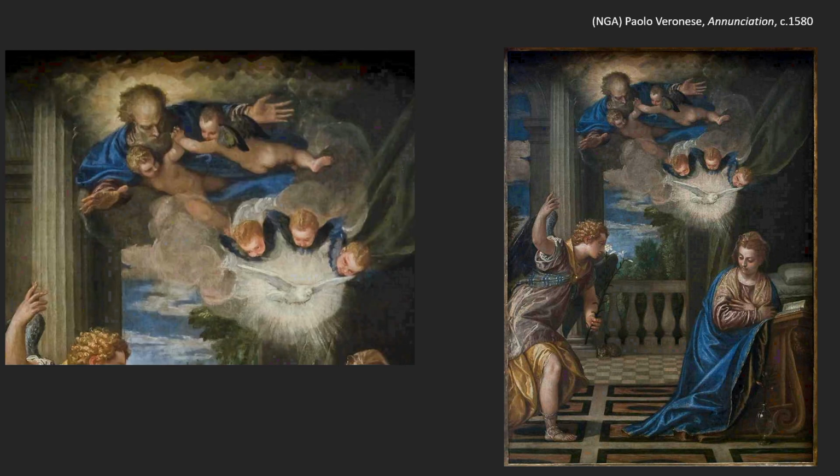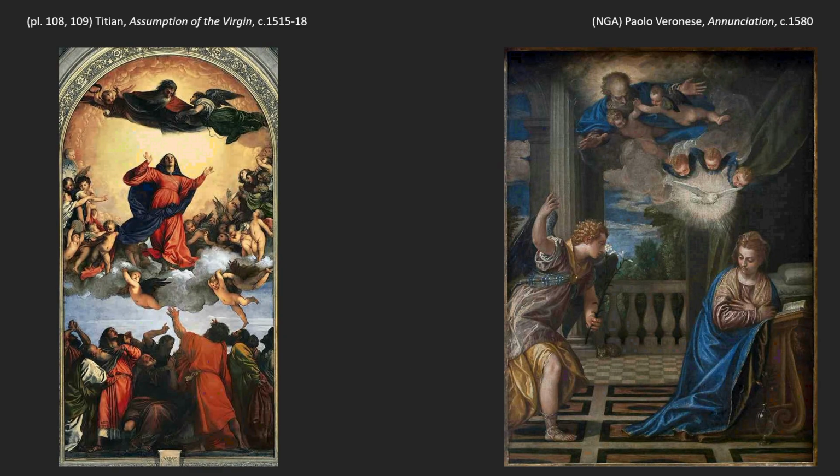Up above, we have God the Father with angels, and you'll notice three of these little disembodied cherub heads around the dove of the Holy Spirit that is now descending toward the Virgin Mary as God the Father. Anatomy is a bit off, the arms seem a little close to the sides, kind of funky, right? Like a puppet. But again, I think this is a Titian reference. I think this is going back to the Assumption of the Virgin.